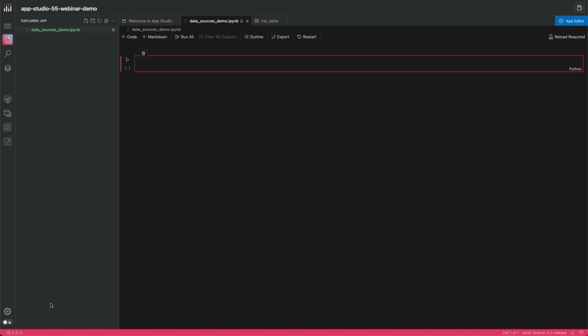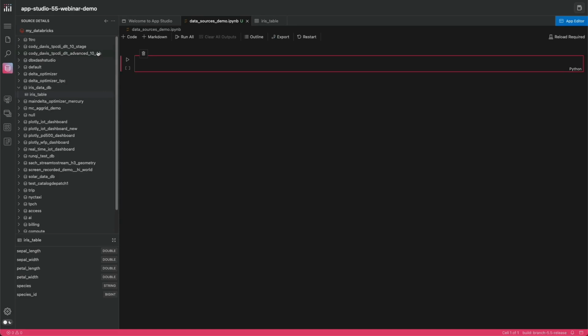In my workspace, in the left-hand toolbar, we have a new data source icon. Click that, and you'll see a list of linked data sources for this application. Clicking on a data source will load the list of database schemas and tables available to you, and clicking on a table name will open a panel at the bottom of the browser that lists all of the columns and column